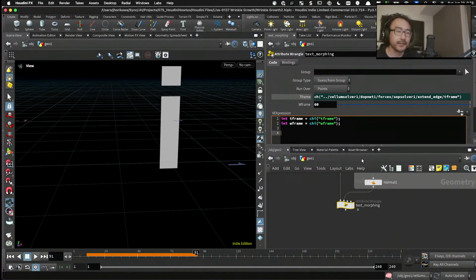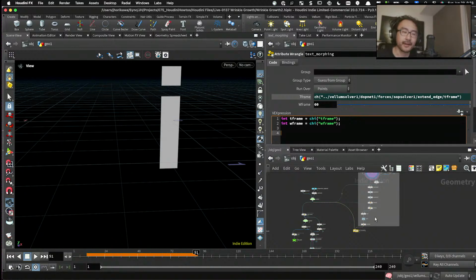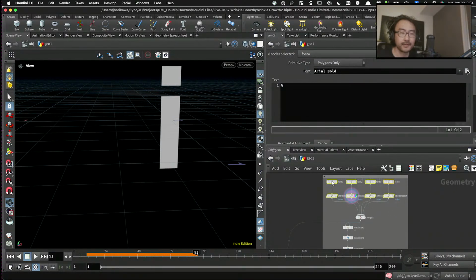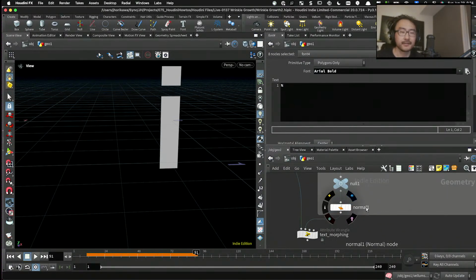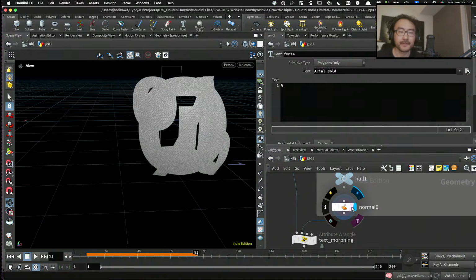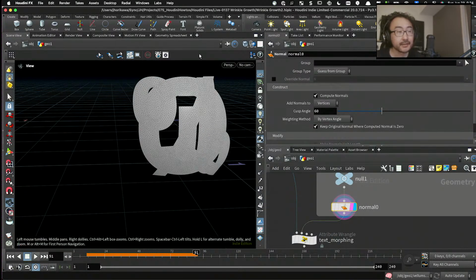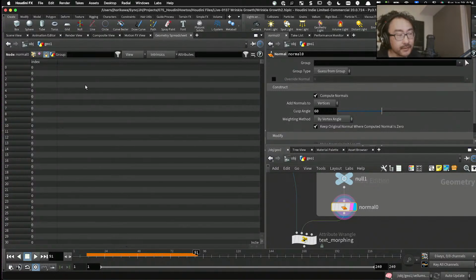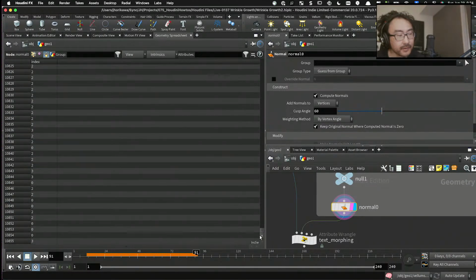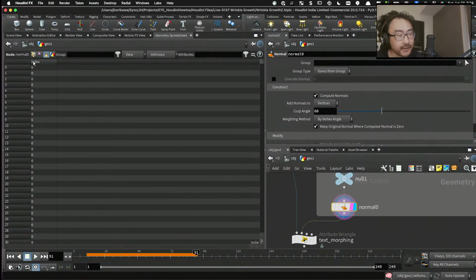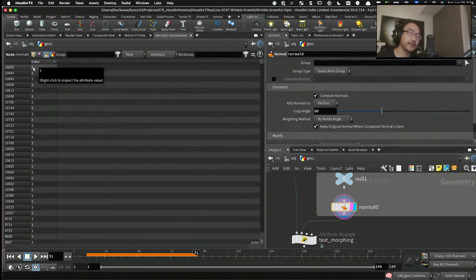And I also need information on how many characters I have in total for the morphing, which will be better if I could get from the second input. And do we have that information? Well, I can promote this index value, which is on the primitive attribute, and get the highest value, and the total number will be the highest plus 1 because it starts from 0. Okay, so